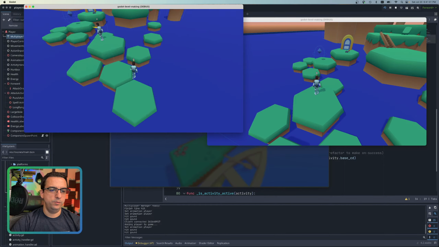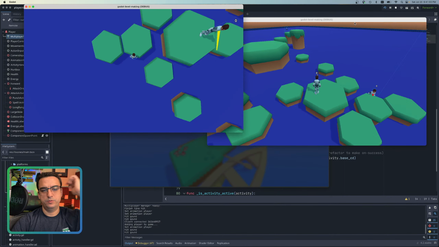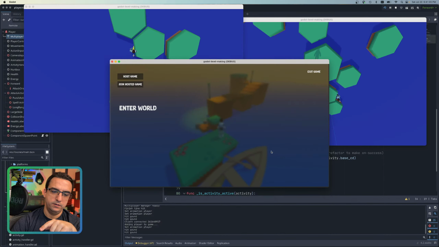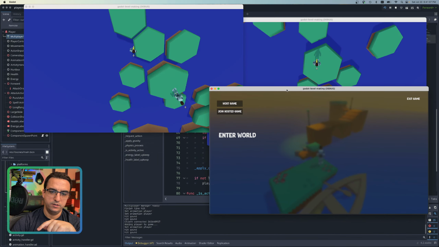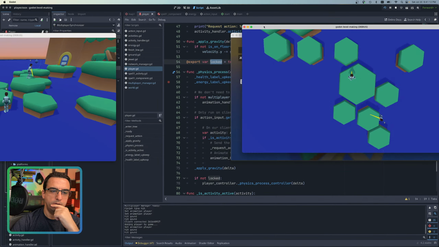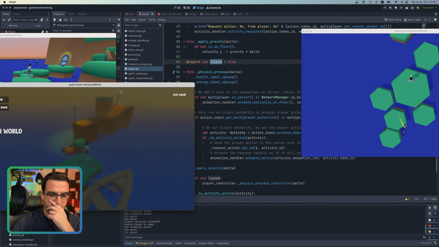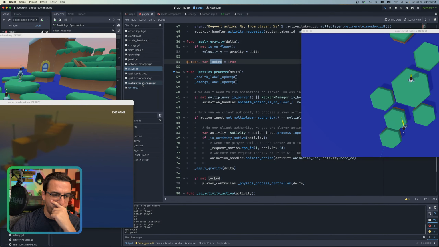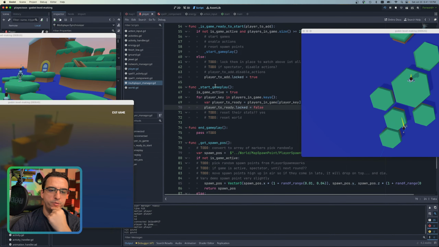Perfectly. So here's the big test. What happens when a third guy drops in? Oh, I already have a third window. Nice. All right, so if a third person comes in, where's my code? I want to think about it before I just guess and check. Okay, so a third guy comes in